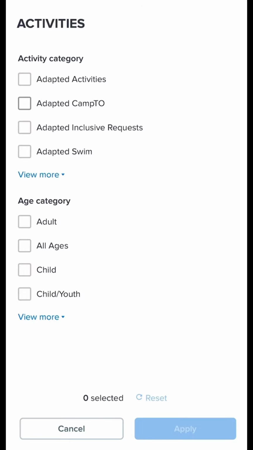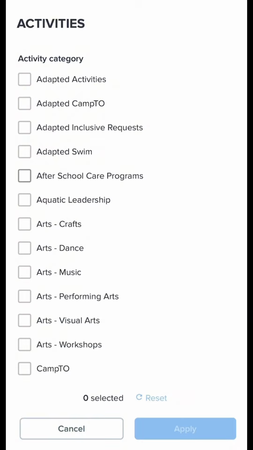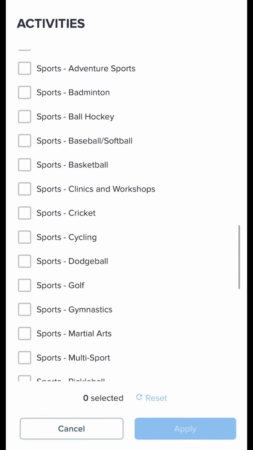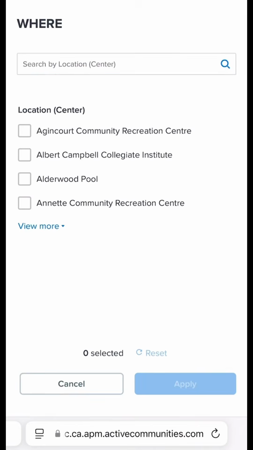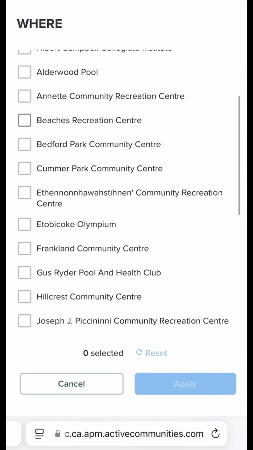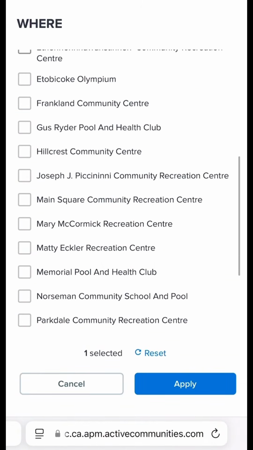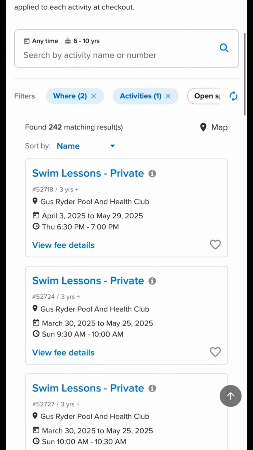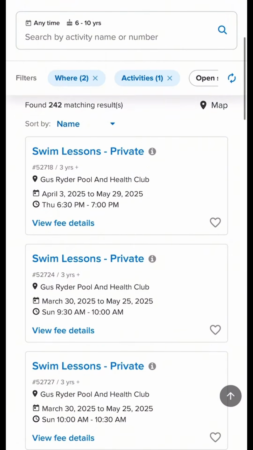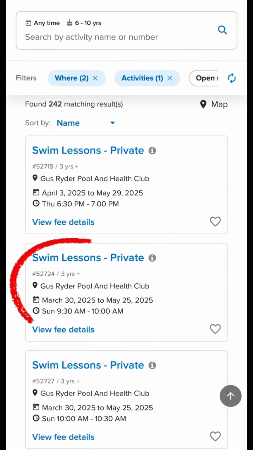You can go for activity category or the age category. I will choose swimming, the small group, and go for location. So let's just choose 2 locations for now. And it will take you to all the available locations. As you can see here, they have an age group and the time and the day and the date